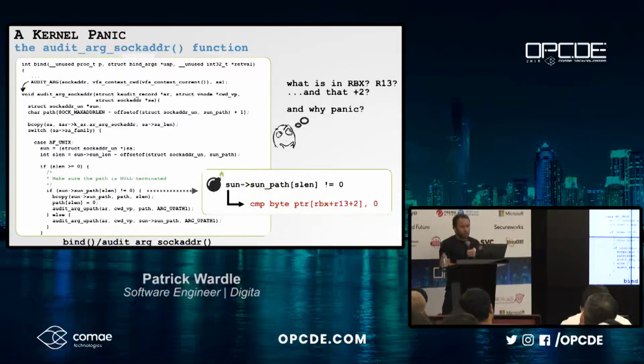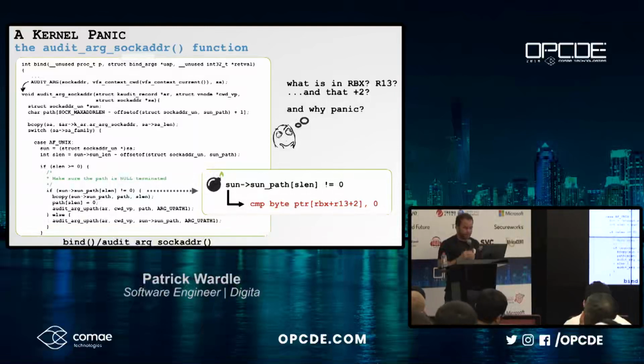If we look at the kernel code, we can see that when bind is called on a socket, it invokes the audit arg macro to audit the socket event. Basically it says, okay, binding a socket is an event that might have security implications, so I'm going to audit this event. In turn, it calls this audit_arg_sockaddr function, which, among other things, determines what the type